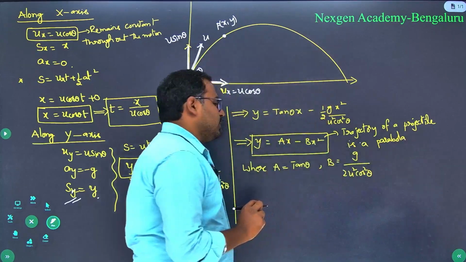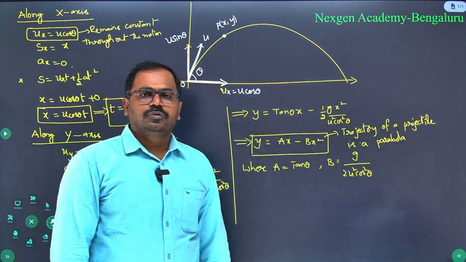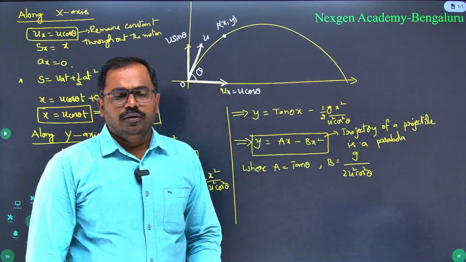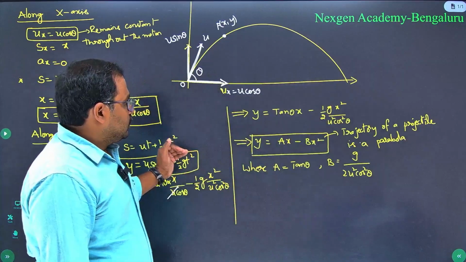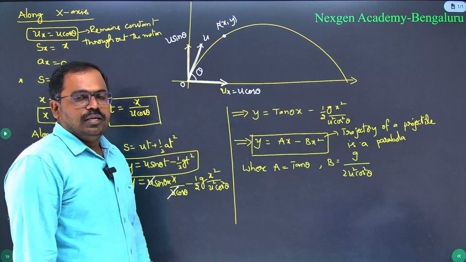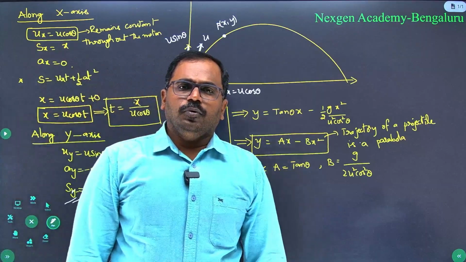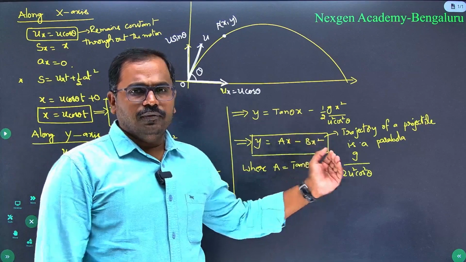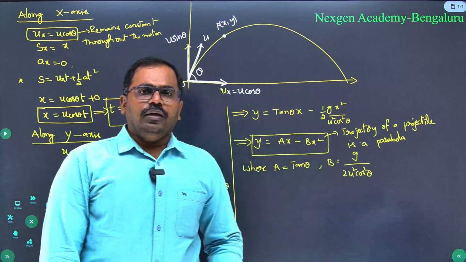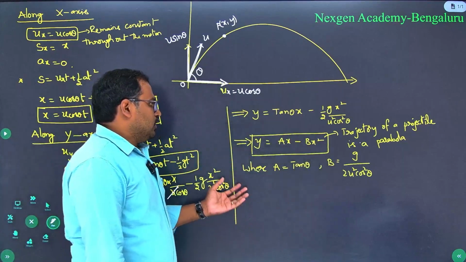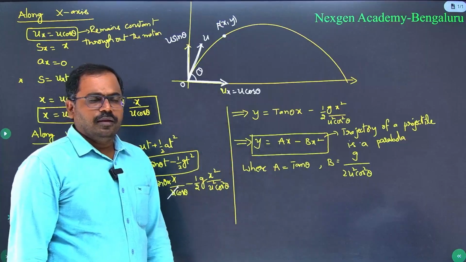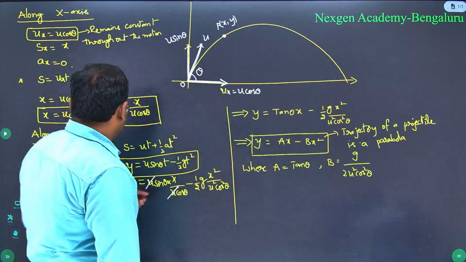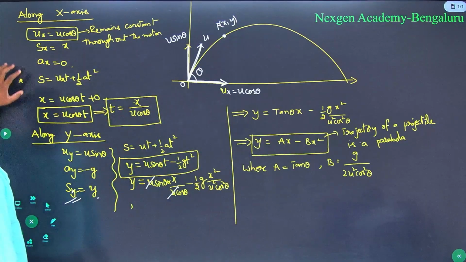Mathematically, this equation y = ax − bx² indicates a parabola. This is a very important conclusion. They'll ask questions like "prove that the trajectory of a projectile is a parabola." This one we have proved: y = ax − bx² indicates a parabola. And in this context, usually they'll ask questions